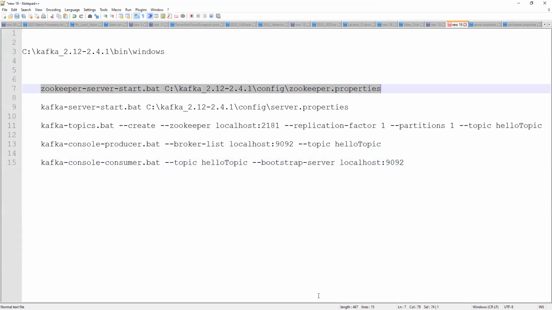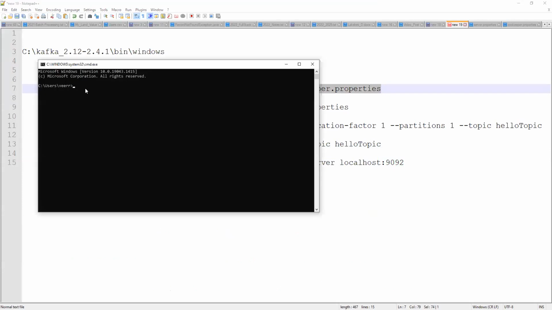Okay. So Zookeeper. Before running Zookeeper, let me name this window, otherwise every command will come like this, right? So title Zookeeper. So the window name was changed, just for recognition purposes. We need to go inside the Kafka bin Windows folder, otherwise it will not recognize it, because we are not setting the path, right?